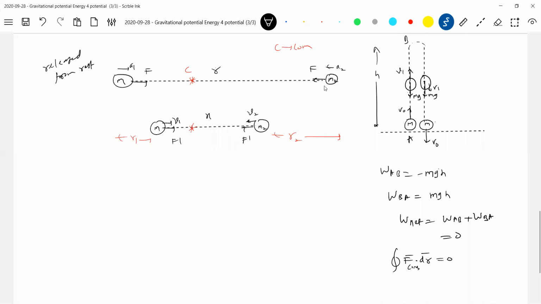As it is a conservative force, the force acting on the particle is conservative. And moreover, work done in a closed path is 0. As it is conservative, mechanical energy will be conserved here. So as mechanical energy is conserved, Ui plus Ki equals Uf plus Kf. The initial interaction potential is minus G m1 m2 over R, the separation. Released from rest.